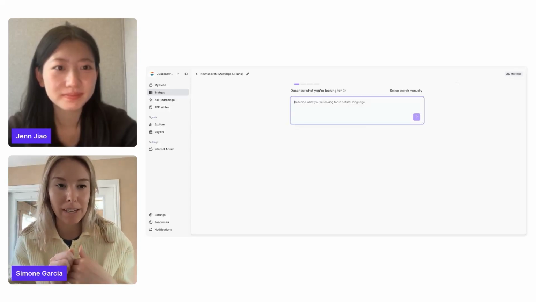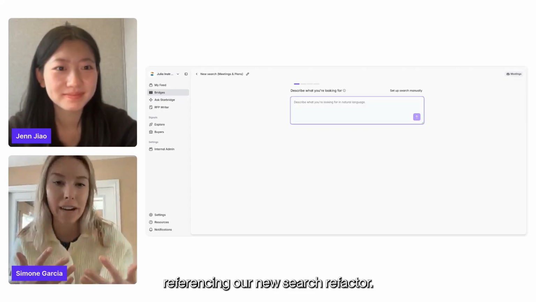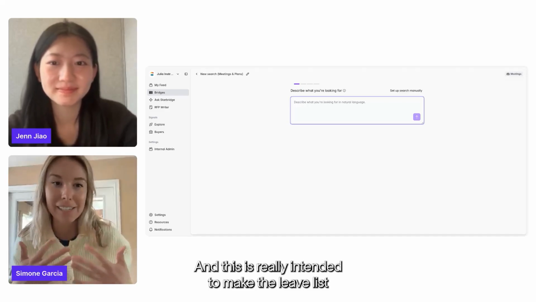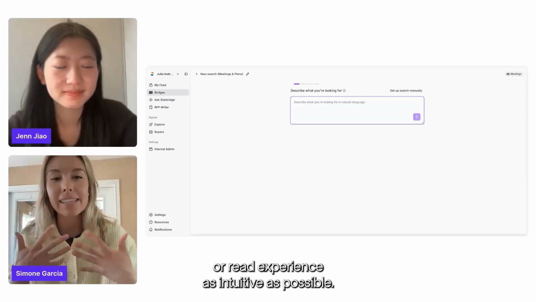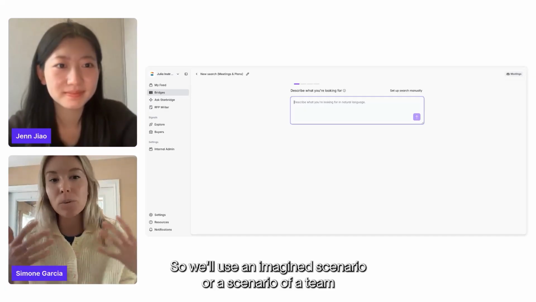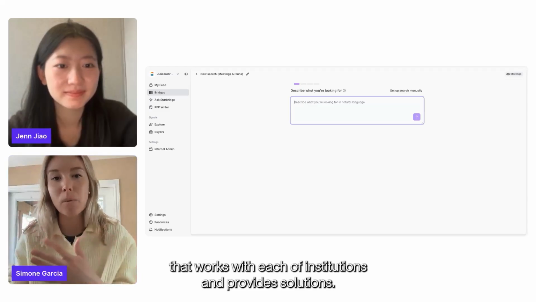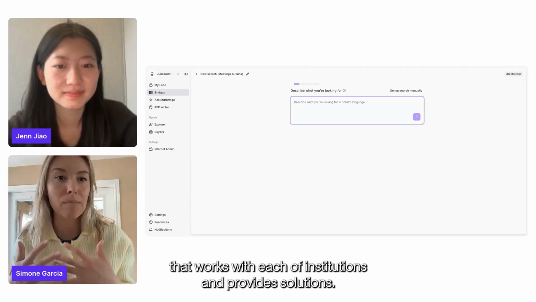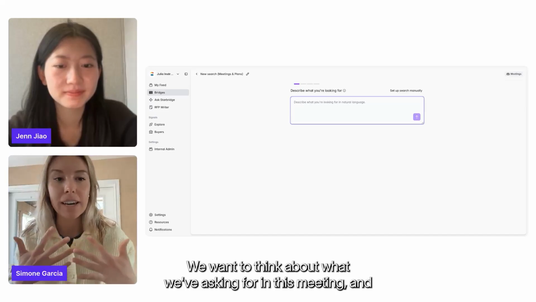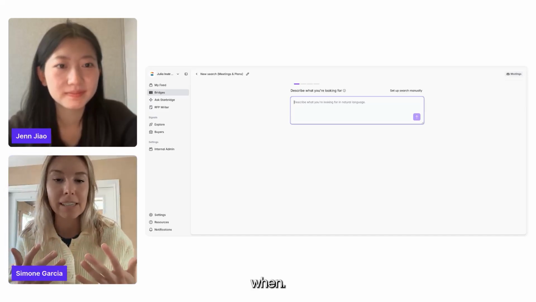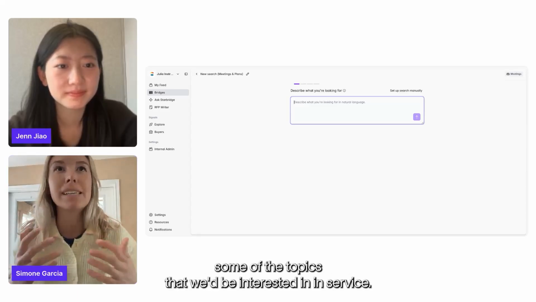So I'll click into this bridge, and this is the sneak peek that Jenn was referencing, our new search refactor. And this is really intended to make the lead list or bridge building experience as intuitive as possible. So we'll use an imagined scenario, or a mock scenario, of a team that works with K-12 institutions and provides staffing solutions. If we want to think about what we'd be scanning for in these meeting minutes or in these strategic plans, we can simply use natural language to indicate some of the topics that we'd be interested in